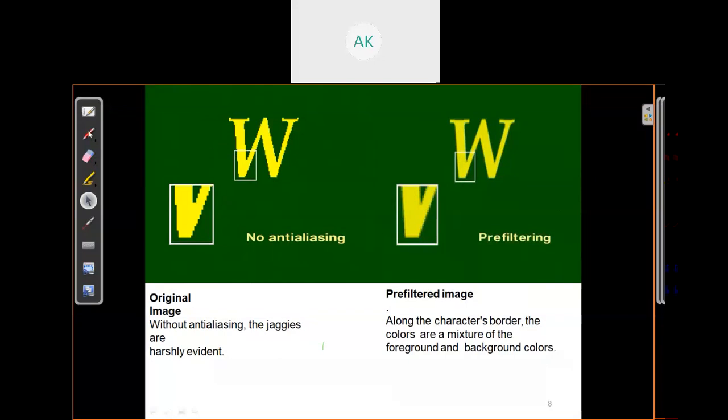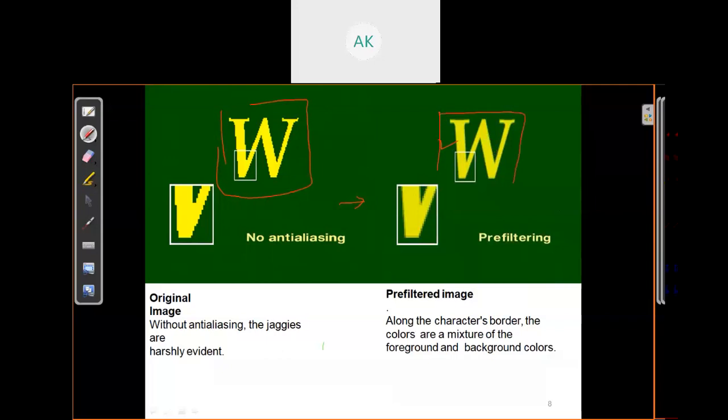before we apply the pre-filtering, this kind of image will be displayed. And if you zoom in, there is this kind of change: complete green or complete yellow. But after applying the pre-filtering, there is a set of colors here, dark green and some light green, and yellow and light yellow. The difference depends on which is the prominent color in that particular pixel. Okay, so now you can see this and this, and now you can easily say this is more smooth.